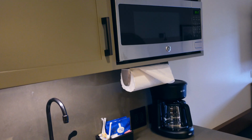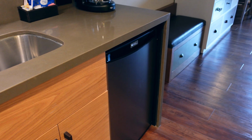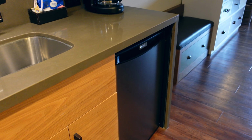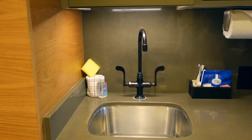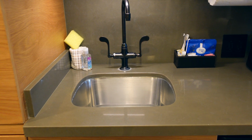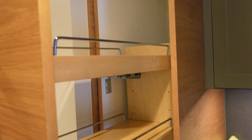Okay. So great little kitchenette area. You've got your microwave. You've got an actual mini refrigerator, not a beverage cooler, an actual mini refrigerator. So you could keep dairy cold. You've got your coffee maker. You've got your additional sink, which is huge. I'll show you guys how we set up our room so that we can utilize the sink after our son goes to bed. We've got plenty of storage here